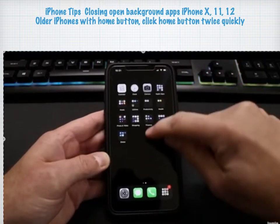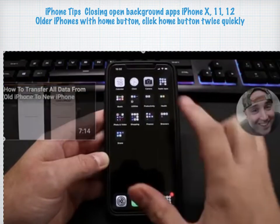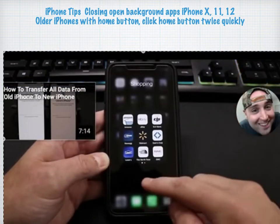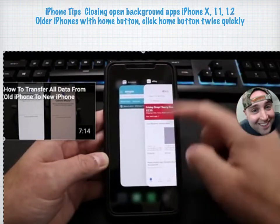Then all you need to do is try and swipe up like that. Nothing comes up, then you've got them all cleared out. And it's as easy as going in and opening an app up. Now if I swipe up again, you'll notice they're open again because I just opened them. So